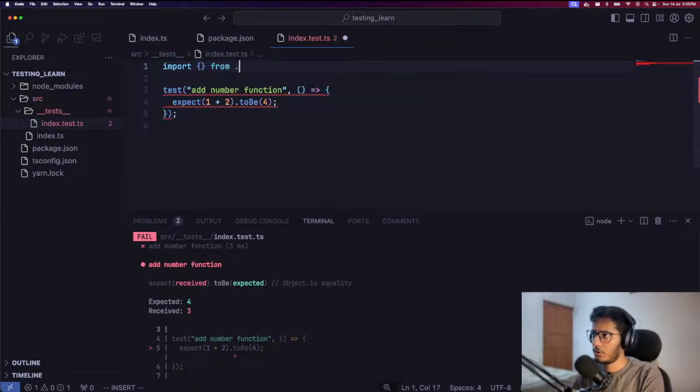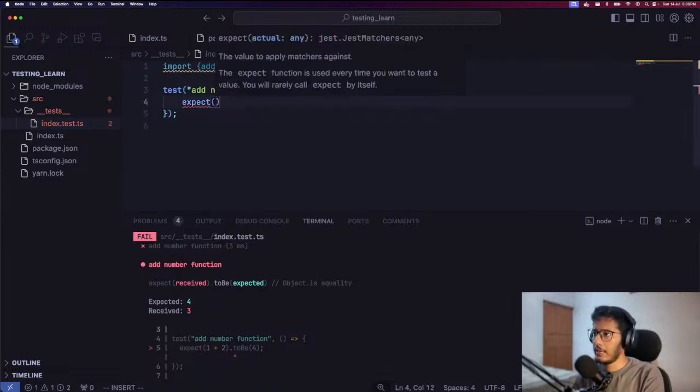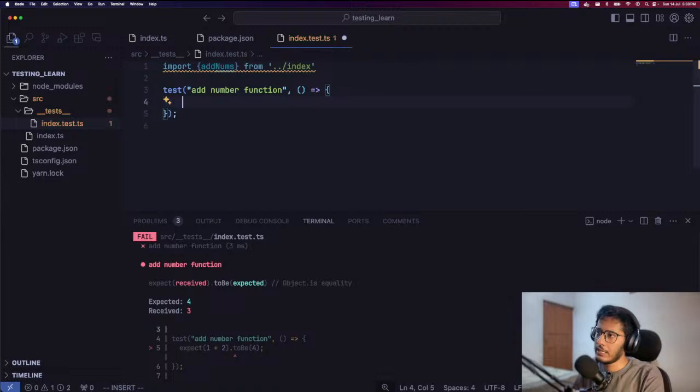I'll go to the index file and I'll probably get the add function. I don't know what I'm doing. Yeah, add nums. And now I'll just say expect add. So the first thing, the first requirement is